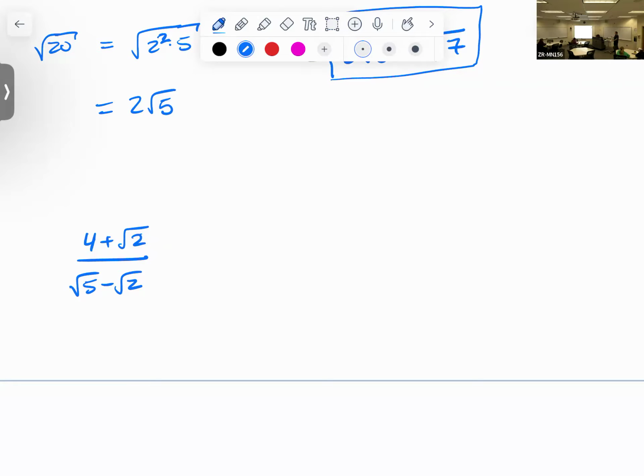In order to get rid of this, we need to create a difference of squares. So we can't just multiply by exactly the same thing. I need to multiply by something just slightly different to create a difference of squares. This is x minus 3, x plus 3, essentially. That's what I'm creating because when I multiply this out, the radicals will go away. Now again,